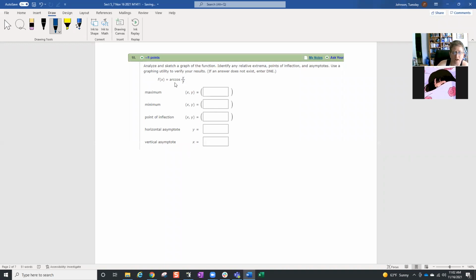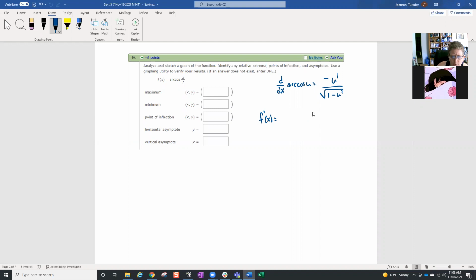Arc cosine. Oh, cofunctions. So the derivative of the arc cosine of u is, because it's a cofunction, it's negative. Because it's the cofunction of sine, it's going to be this. So this is the sine part, and that's the co. The negative sign gives us co, and the rest of it is just the formula for sine. So when we find our derivative here,